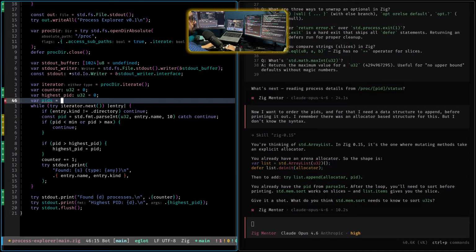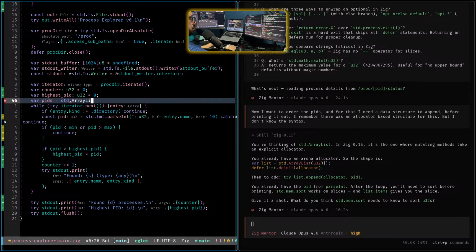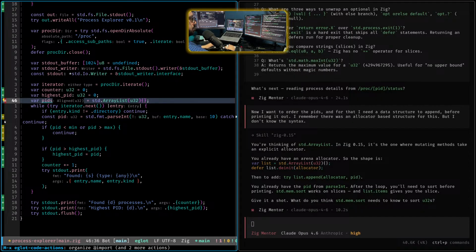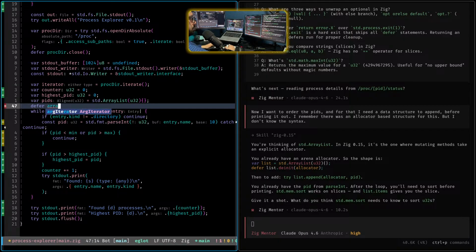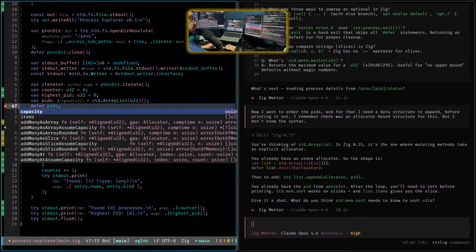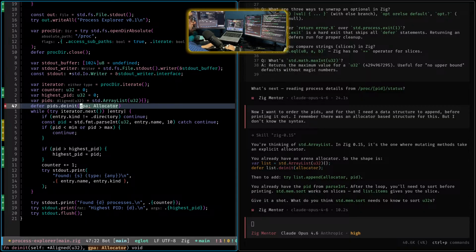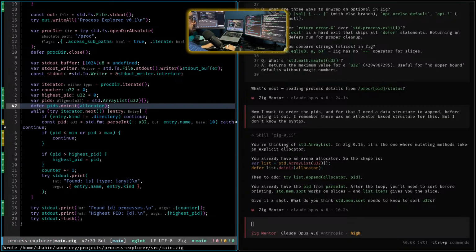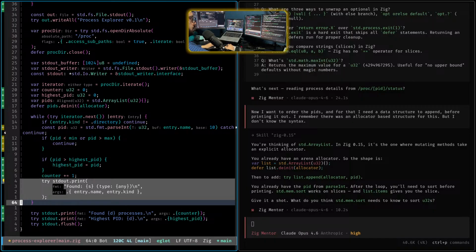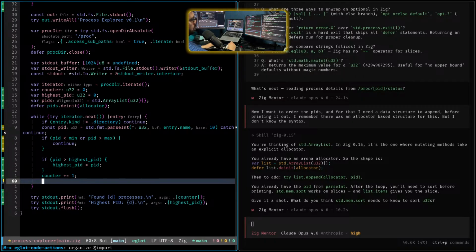for PIDs equal to std array list u32, then defer PIDs dot deinit allocator, like this. PIDs dot append